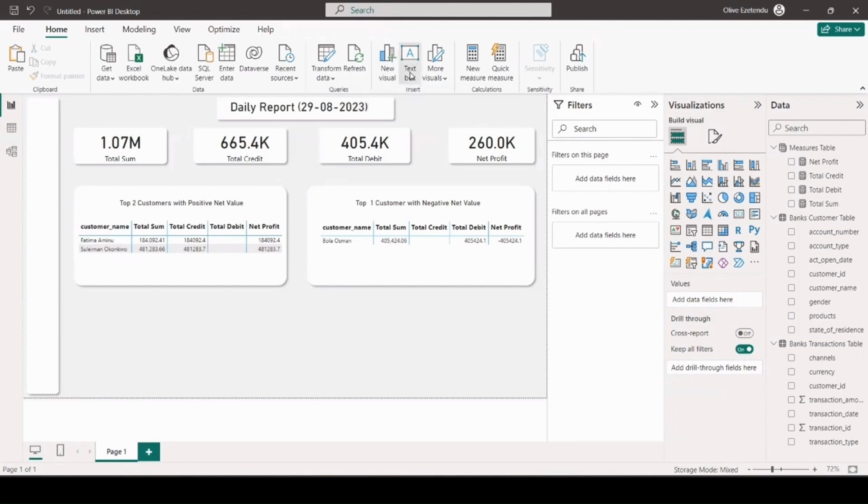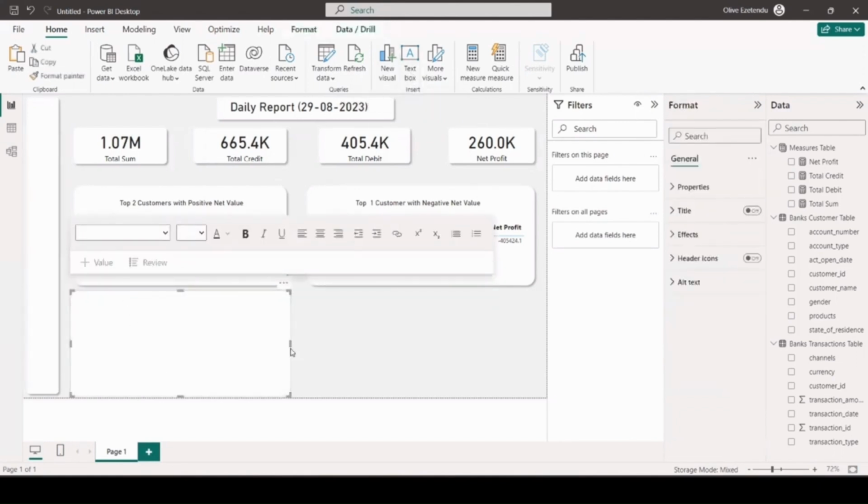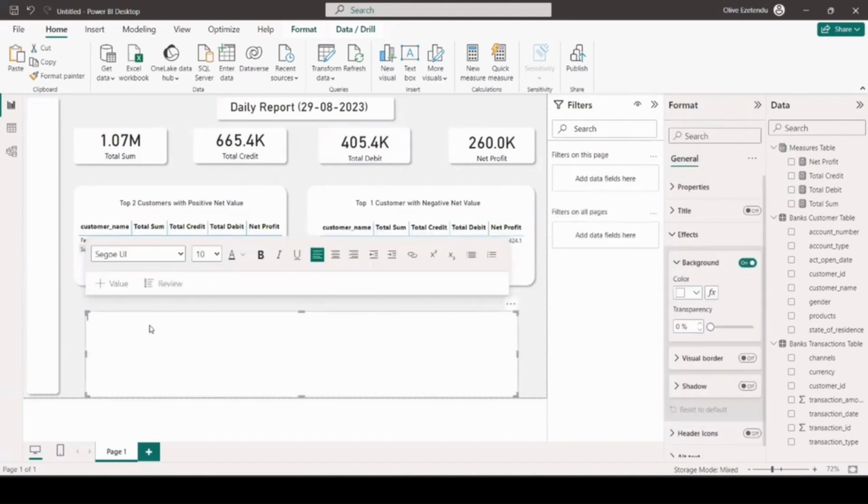The next thing we're going to do is just to write some notes for our stakeholders. We want to believe this is a daily report. That means you did something yesterday, right? So now you're going to check, was the transaction of yesterday more than the transaction of today? Okay, so let's say yesterday's transaction was 1.06, right? So we can just say the total sum increased from 1.06 M on 28